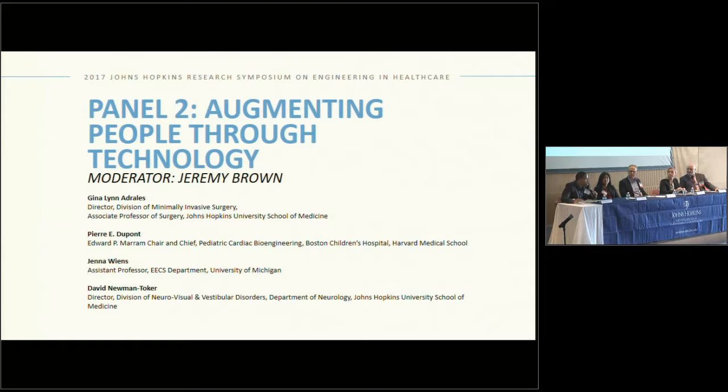As an engineer, oftentimes when I think about trying to solve what I conceive to be problems in your system, what I generally get is what would be best considered a snapshot. It's either a clinician coming up to me and saying, "Here's the problem," or me coming down to the hospital saying, "This is what I think the problem is," and then I go off in my lab and try to develop what I think is a solution for this problem,